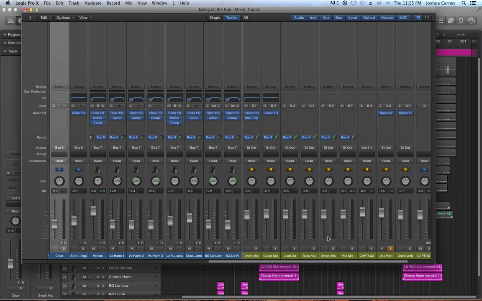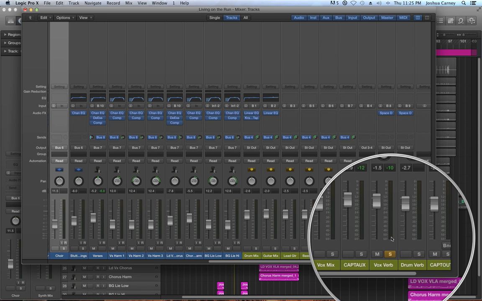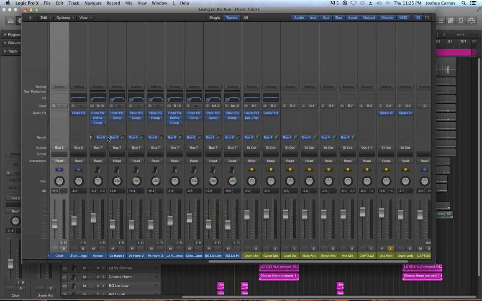So in this case, I could pull this volume all the way up or all the way down, pull the pan all the way left or all the way right, and we're still going to get the same amount and the same pan balance of our reverb over here. Some people actually prefer pre-fader for reverb. I don't. I actually like post-pan for pretty much everything except for